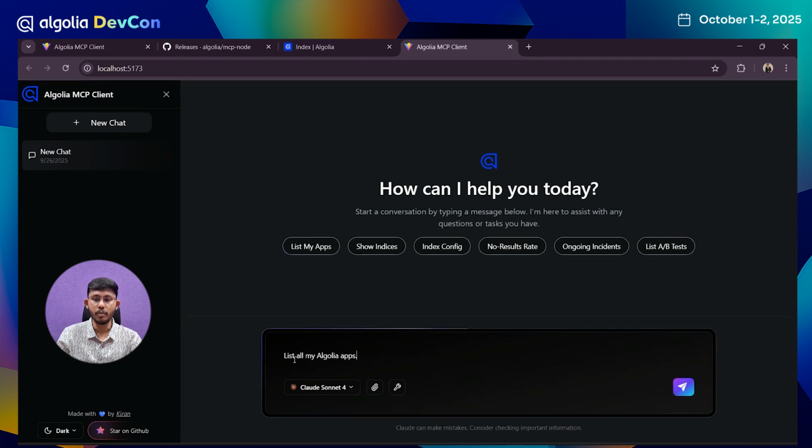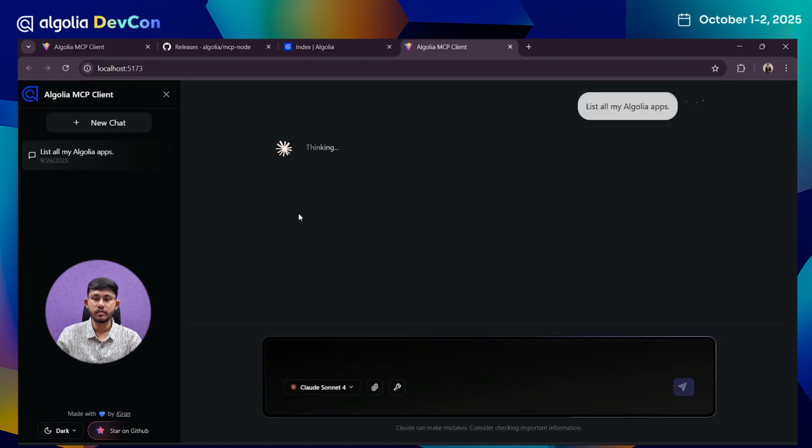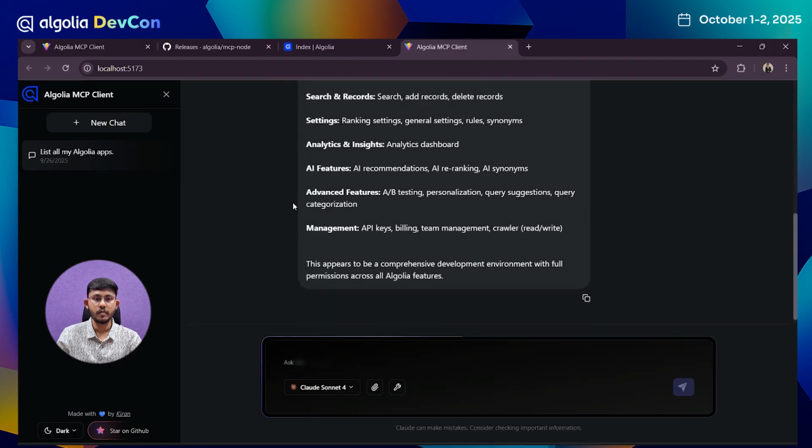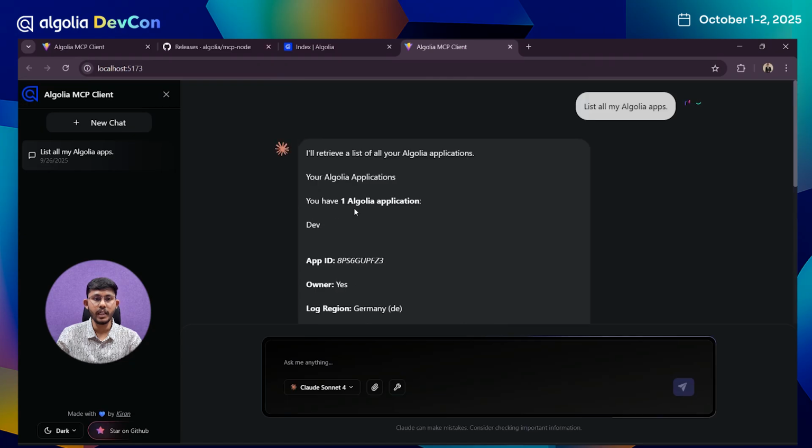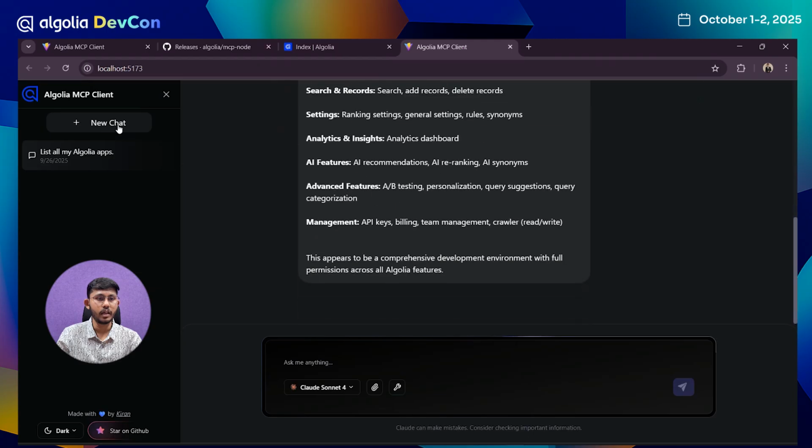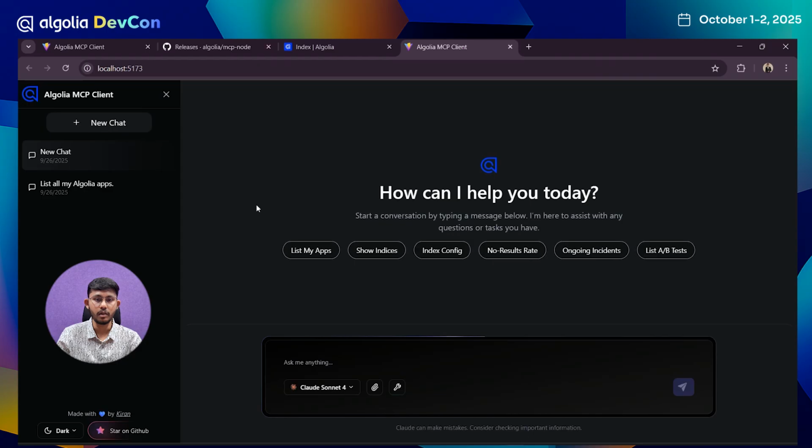List all my Algolia apps. Okay, so it gave me the response that you have one Algolia application, that is dev. Actually, I have only one application, that is dev. You can start a new chat by clicking this section, and let me ask for the index configuration for my index. That is, I only have this Algolia